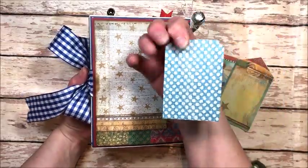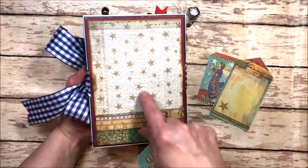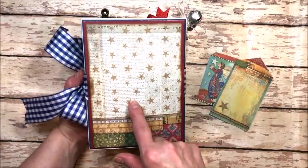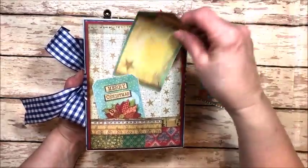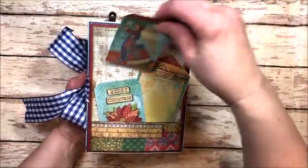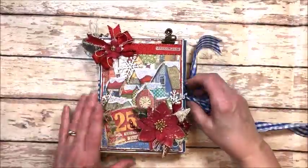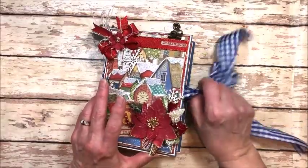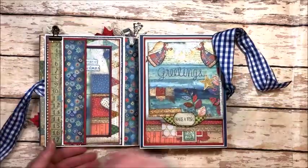And of course you can use the back for photos or journaling, and you could actually put a pretty good size, like 4x4 photo here. So I just thought it would be fun to put a pocket on the back. Why not? We love pockets. All right, now we untie the bow, and this thing is a beast. I'm not sure I'm going to be able to get it all in one frame, but we'll just take it